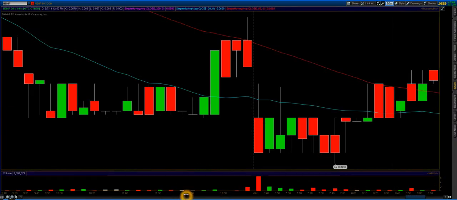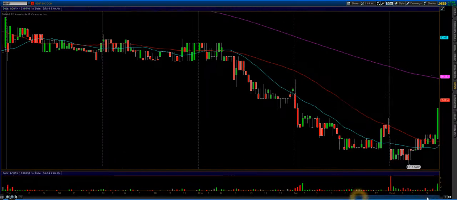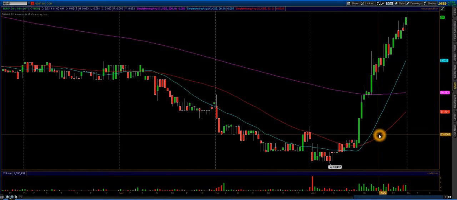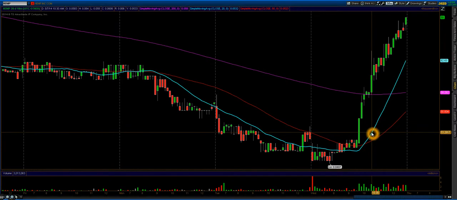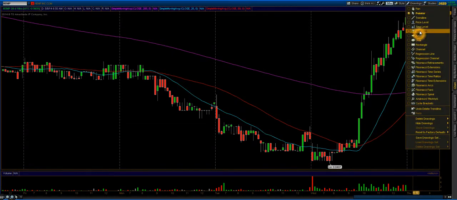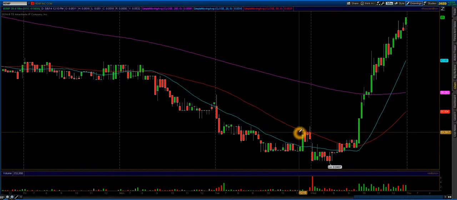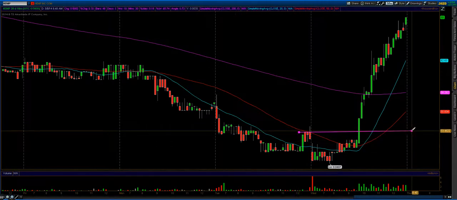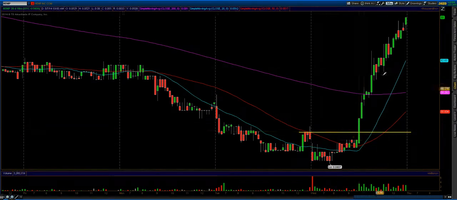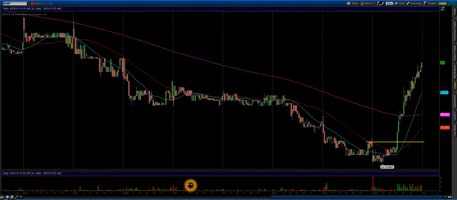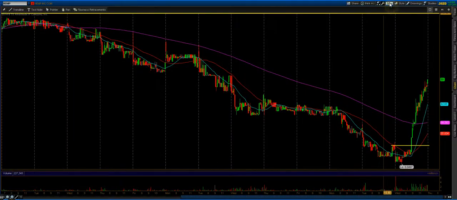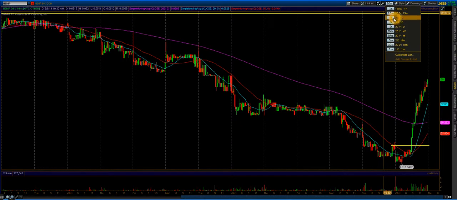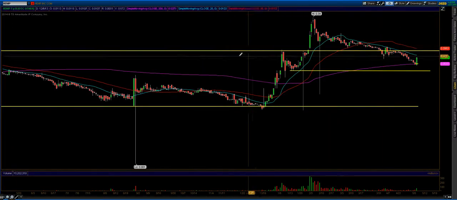Here's a 10-minute. Alright, so my chart is weird. It's not picking up these levels, but I think 0.0053 is here. So even if you picked it up here, you can see that's really when it made that strong move up. So this was a nice play if you play penny stocks, no doubt about it. So going back to daily,